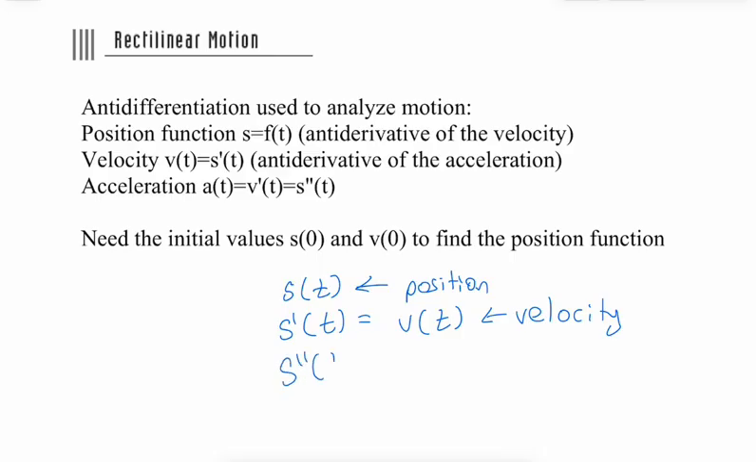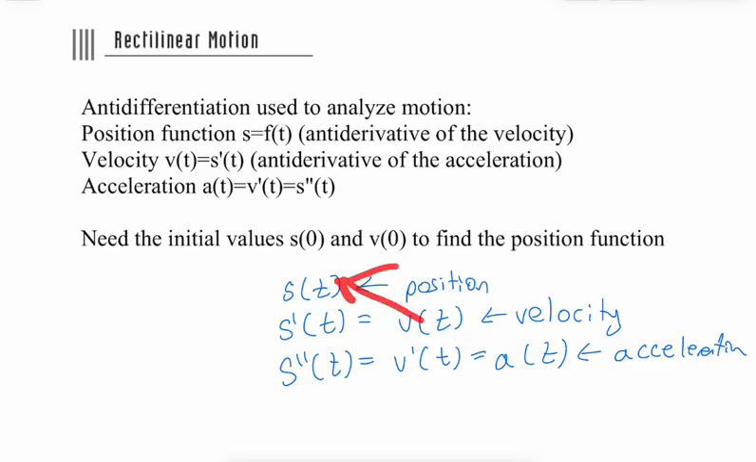If I do it again, I get the acceleration. So if I go backwards, I get from acceleration to velocity. If I go backwards one more time, I get to position. So we know the acceleration of gravity, that negative 32 feet per second squared, or what is it, negative 9.8 meters per second squared. I don't know. It's been a long time since I took physics, but